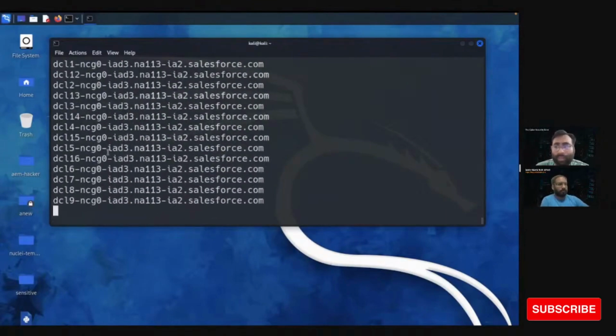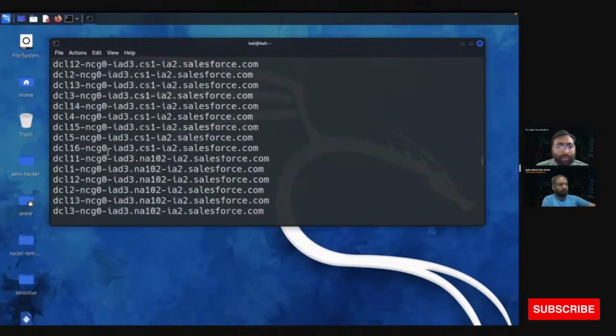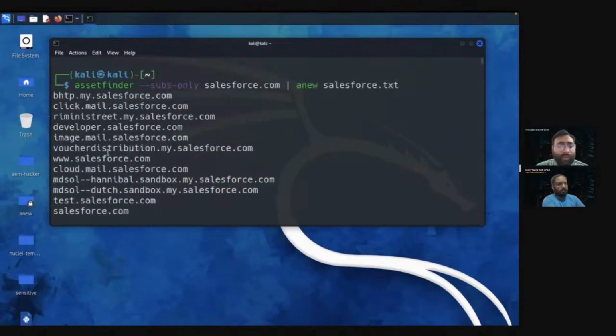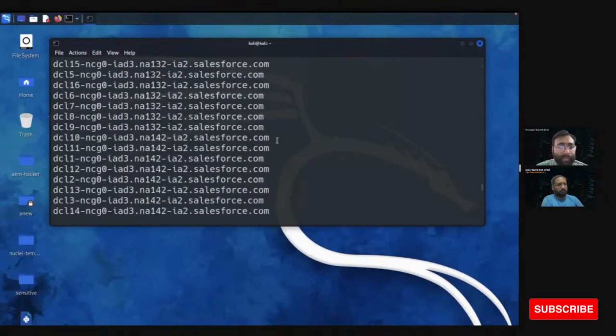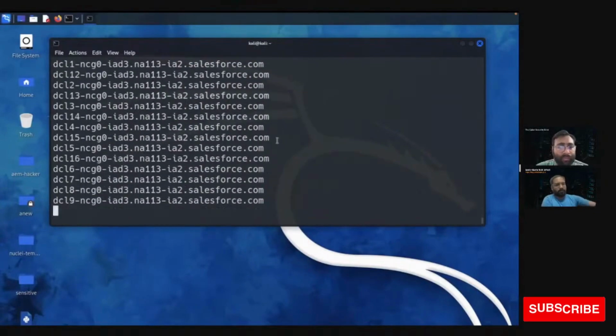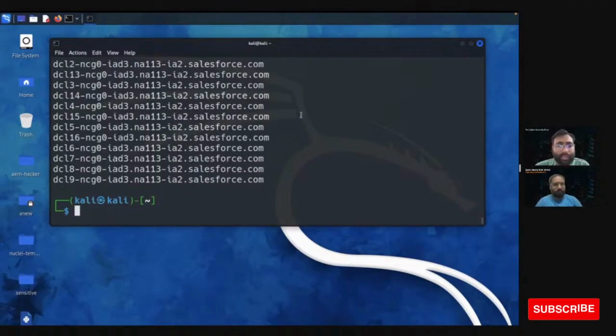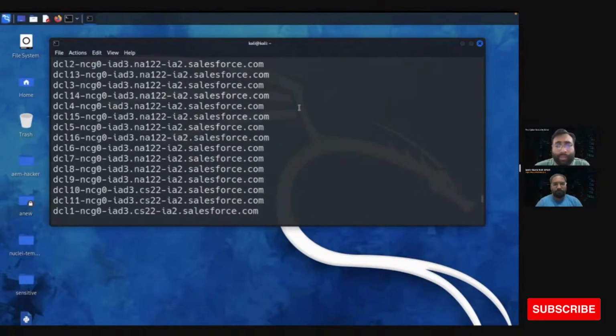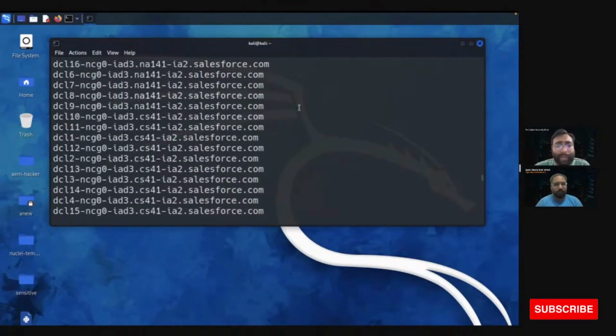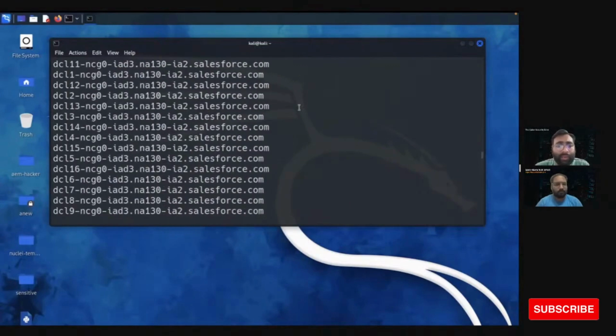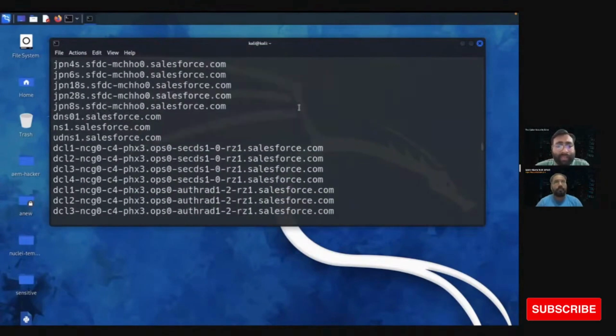The tool is running continuously and saving results in salesforce.txt. Let's stop the tool here and see if we have some domains in our file or not. salesforce.txt, and you see we have some domains to test on. We can try our methods for finding security vulnerabilities on all these domains we have collected so far.